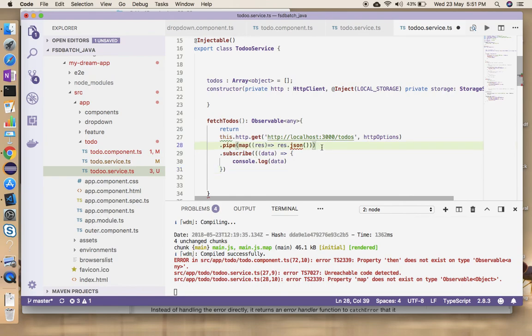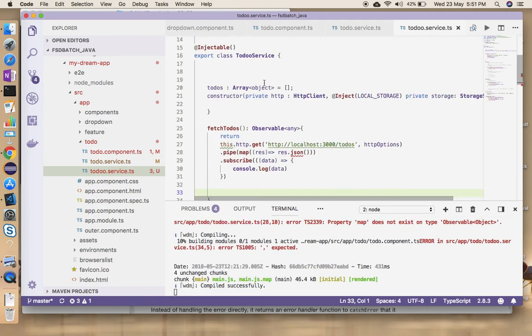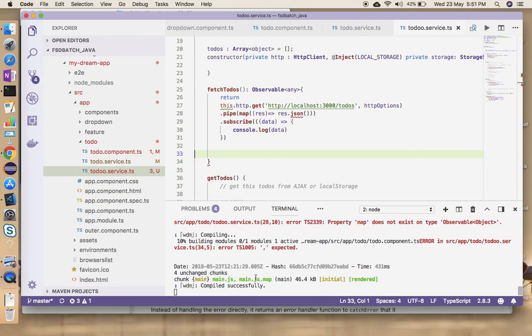I don't know why this error is, but we'll see the effect. So all I'm trying to do is just get the response and return a JSON value back. And the next thing that's going to happen is a subscription right over here. So we'll see whatever the errors that we get, and it's getting compiled successfully. Just that I think there's some missing service right here. So it says to do service 34,